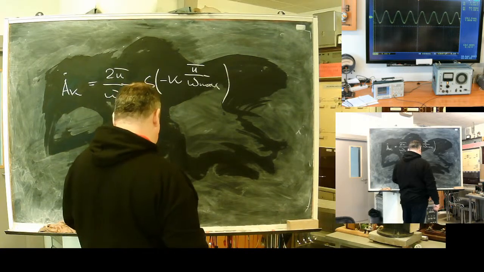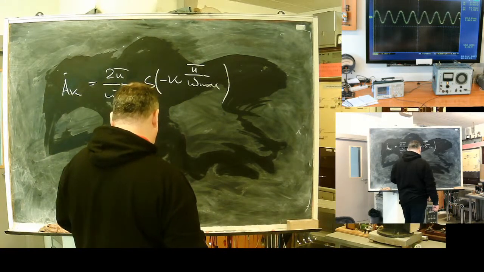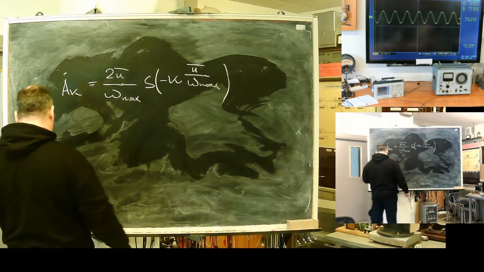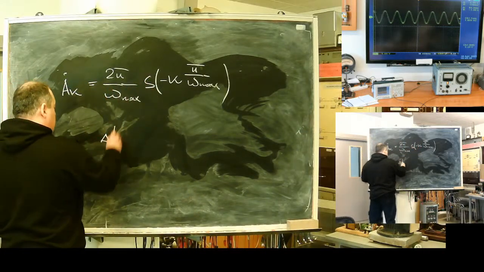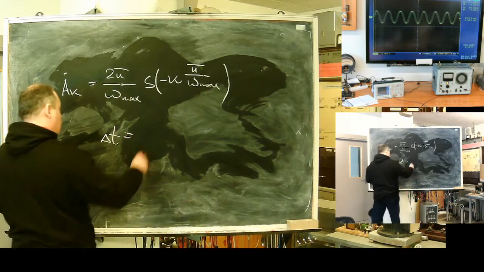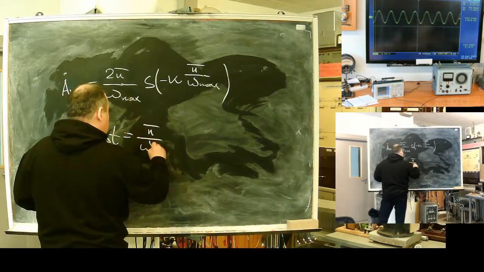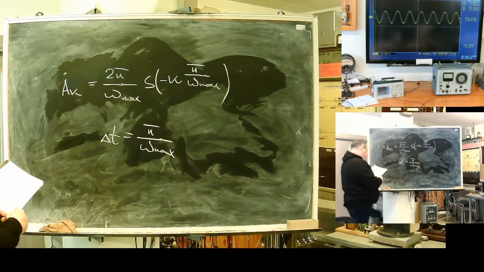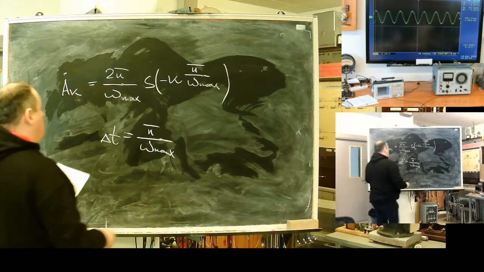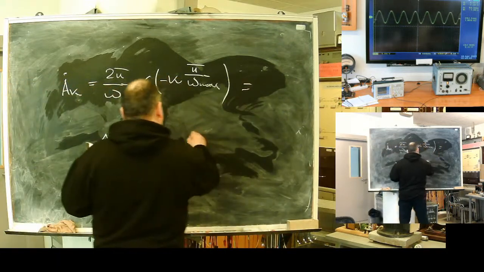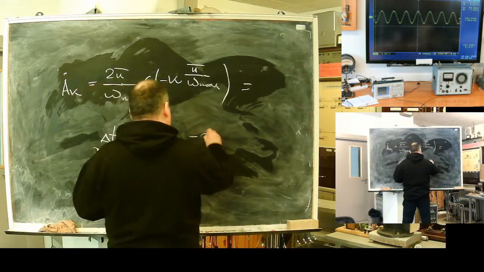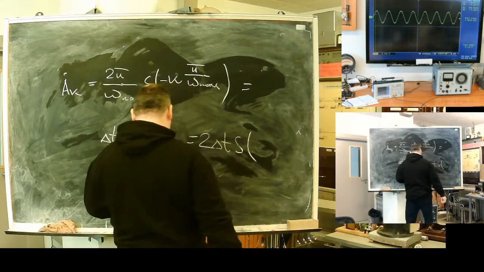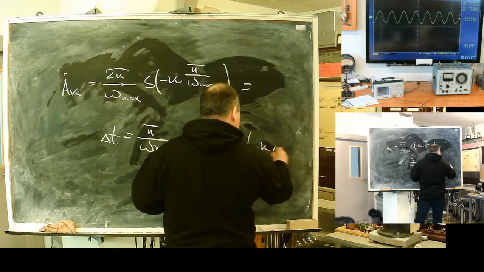Or if I set a sampling distance being pi divided by omega max, I can replace it with the signal as a function of minus